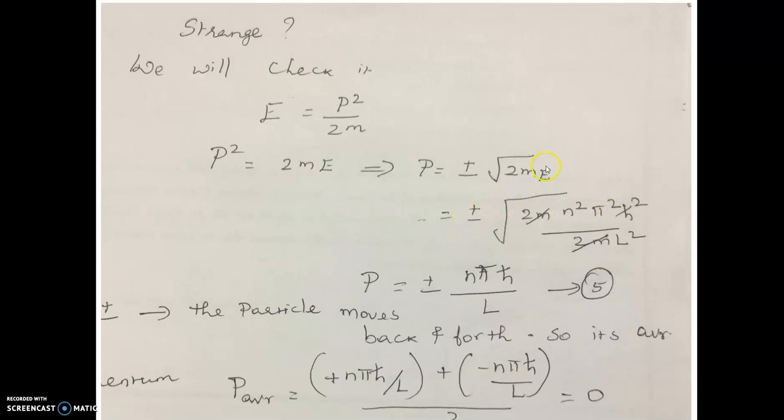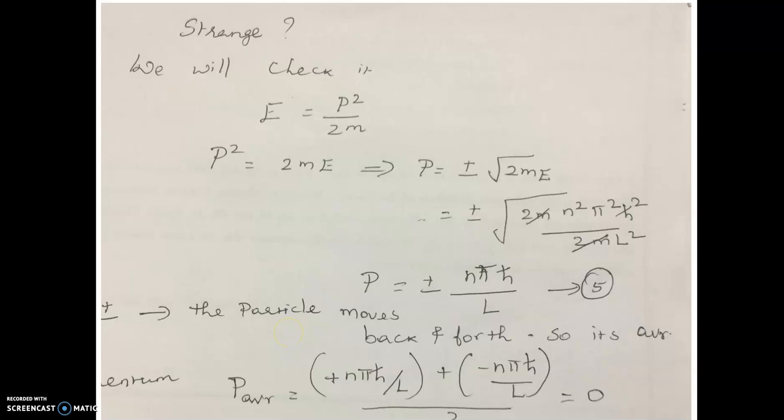When we substitute the energy value n squared pi squared h cross squared by 2mL squared and simplify that, and take out of the root, we will be getting p is equal to plus or minus n pi h cross by L. This plus or minus denotes the particle is moving back and forth between the two boundaries